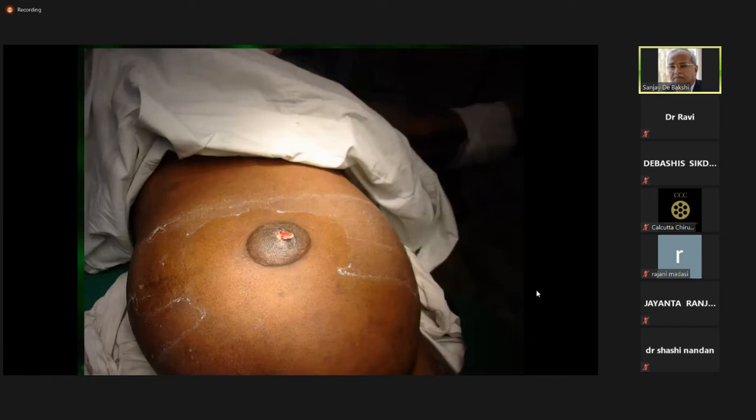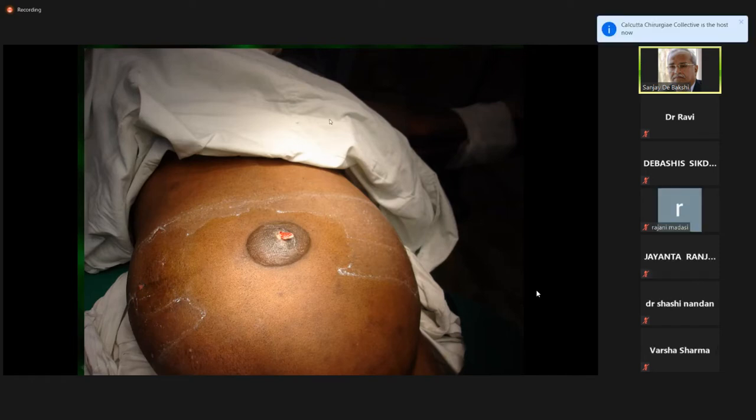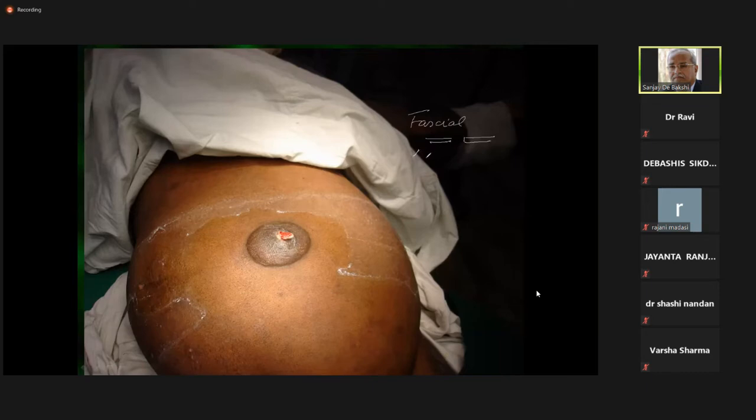So basically what you need to do is, you don't have an option, you need to go in and do something about it. And options are, you can either do a straightforward fascial repair, which is stitching the fascia to each other at the umbilicus, don't use a mesh, or you can use a mesh. Now, if you use a mesh, and I'm sure you've had that discussion,